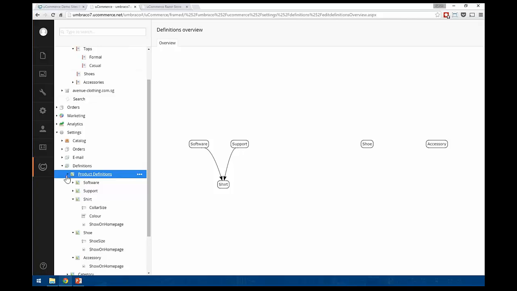I think if I were to give you a very common example of how to use this, search engine optimization fields would be a good example, right? Every product would need a metadata title, a meta description, and a few keywords and things like that. Set that up one time and actually inherit those fields to all the different products. Okay?